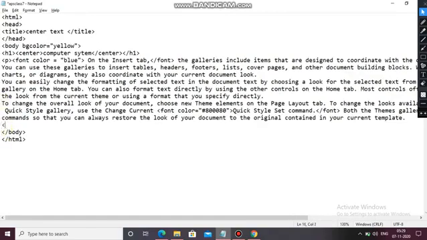I am using the UL tag for unordered list, and here li apple, monitor, then again li oranges, then next li mask. Okay.